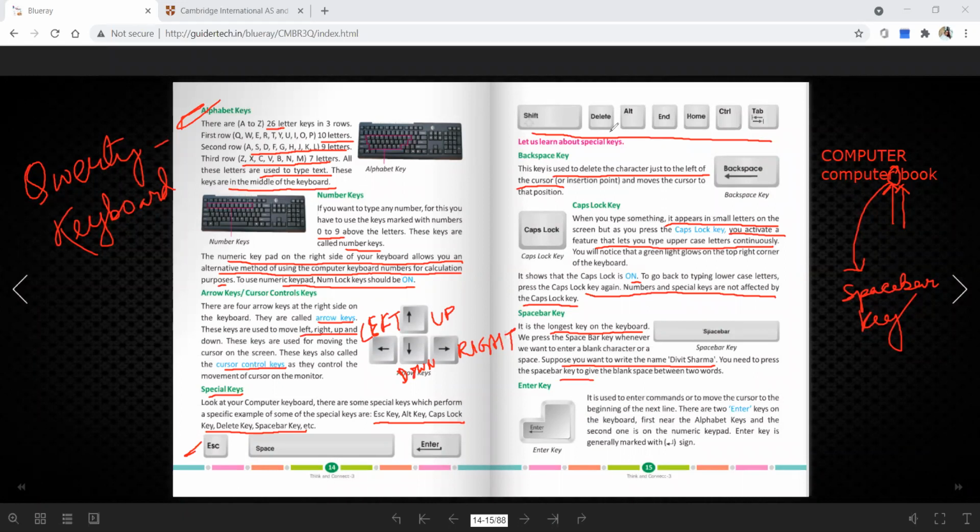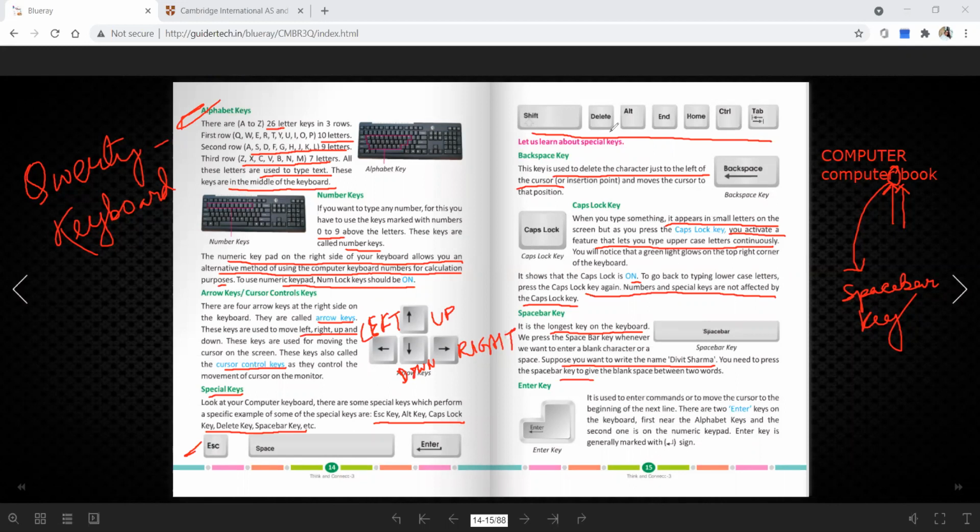Alternative keys are used to change the function of any key which is already turned on or something like that. It is a little bit trickier to understand, so no need to understand now. Basic things you understand: enter, space bar, number keys, alphabet keys, backspace. Those keys first you understand.